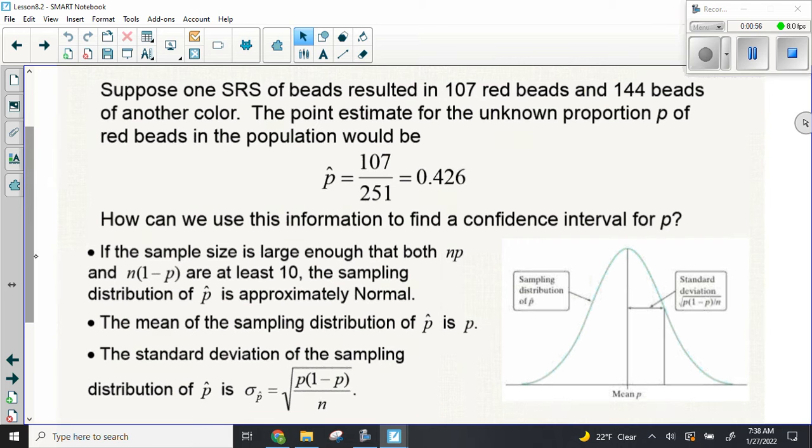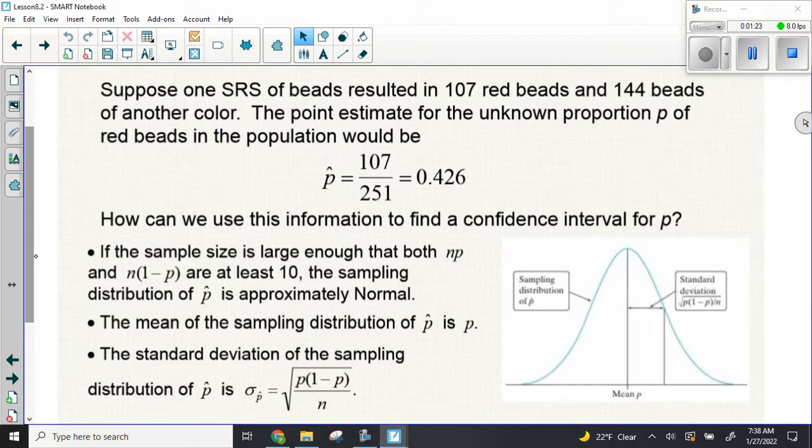Yeah, we got p hat here. So p hat is going to be our point estimate that we're going to use in order to calculate an interval that estimates the true proportion. In this case, there were beads. So I don't have 107 red beads and 144 beads of another color. So we just have to imagine